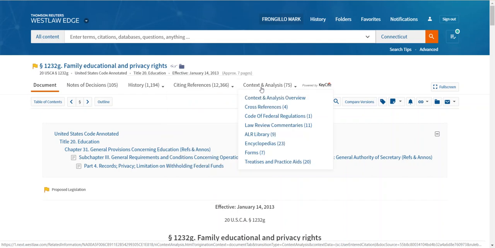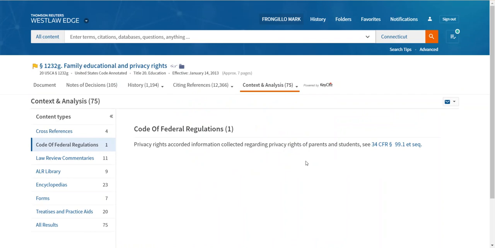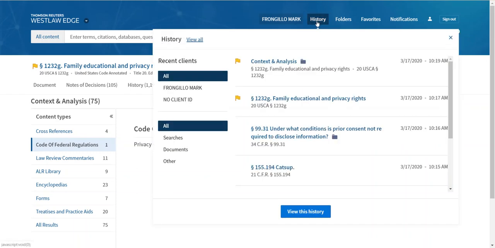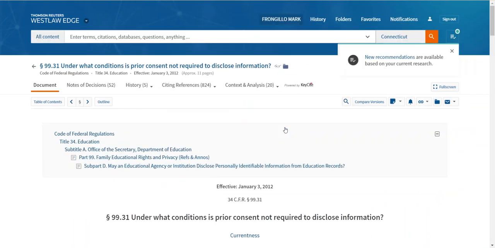So if I had come here and clicked on Code of Federal Regs, the attorney editors are telling me, hey, if you're doing statutory research on FERPA, you probably also want to take a look at 34 CFR 99.1 et seq. There's a number of regs classified there that could help me answer my client's question. So whether you got to this regulation from a secondary source or from what I just did, linking from a statute,